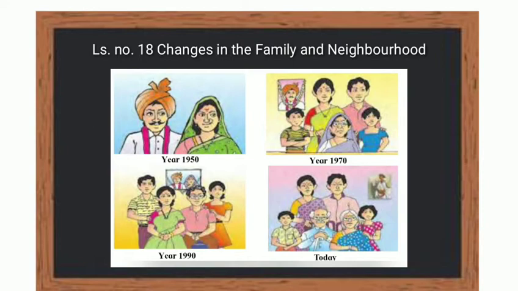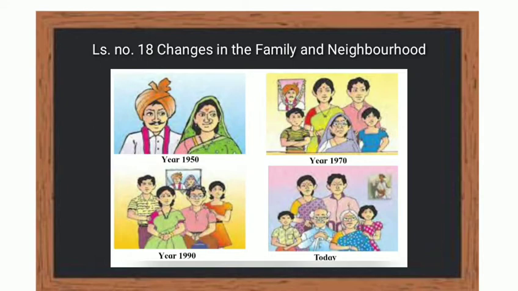So how many people were there in your family in each year shown above? Did the number of people in your family change every time? How did the changes occur? So students, marriage is one reason for such a loss or gain. You may have seen an aunt or a cousin's wife joining your family after getting married, or another aunt or cousin getting married and joining another family.